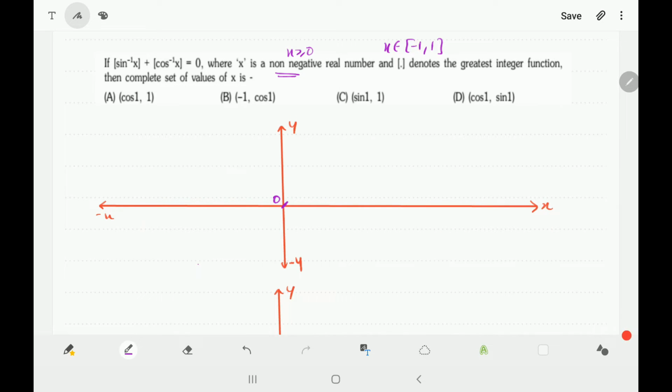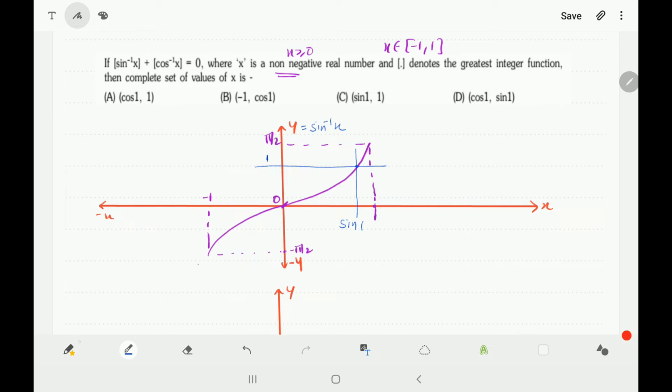Okay. So let's draw. We already know the graph of sin inverse x is like this. The domain is from minus 1 to 1. Okay. And the range is from minus pi by 2 to pi by 2, closed interval. Now you have to take the greatest integer for x greater than or equal to 0. So what we do for that, we just draw horizontal lines at integer points. At the point of intersection we draw vertical lines. So this is 1 and this value will be sin 1 because the graph is of sin inverse x.